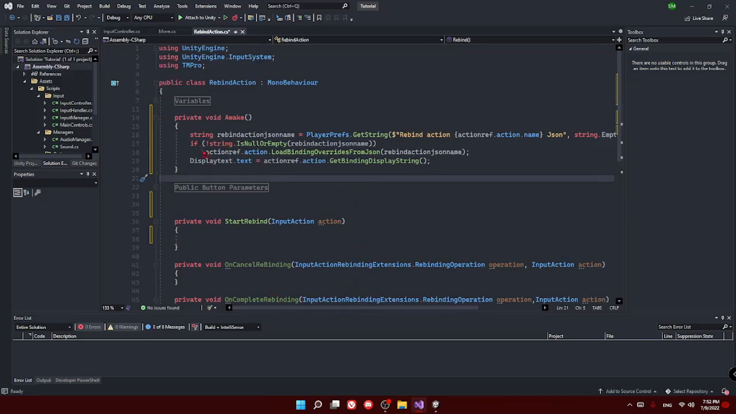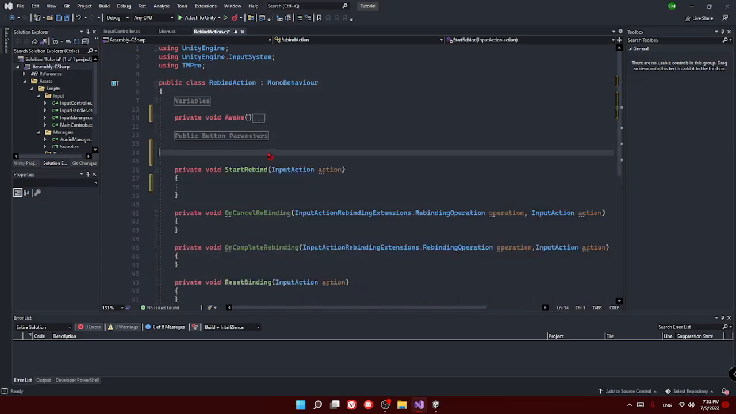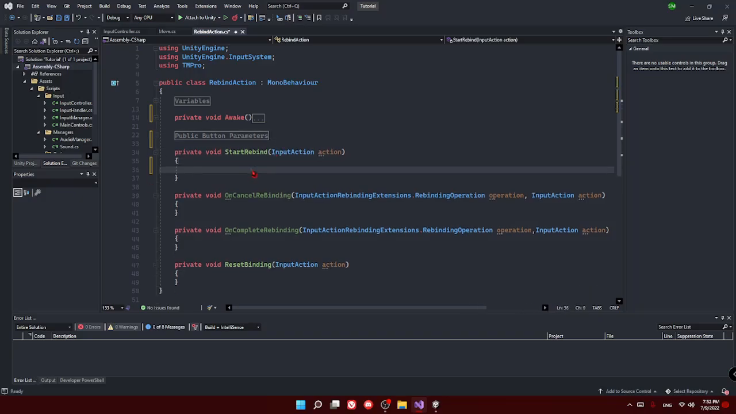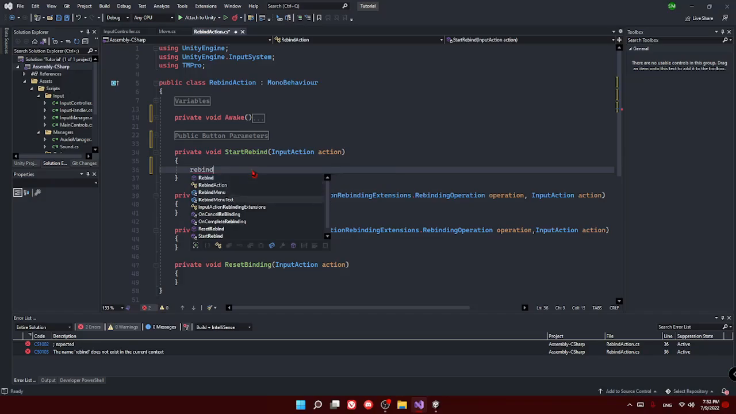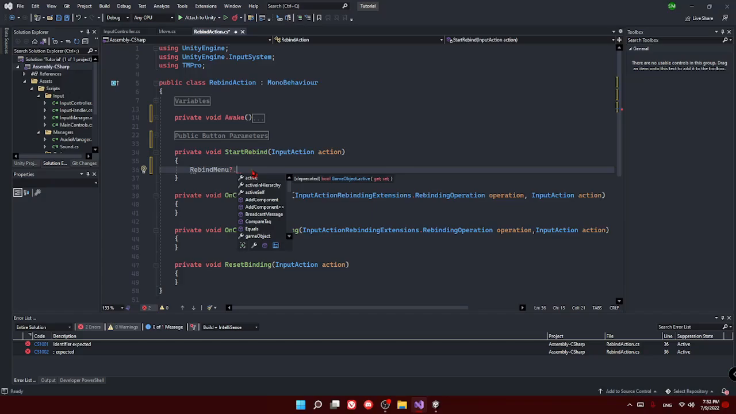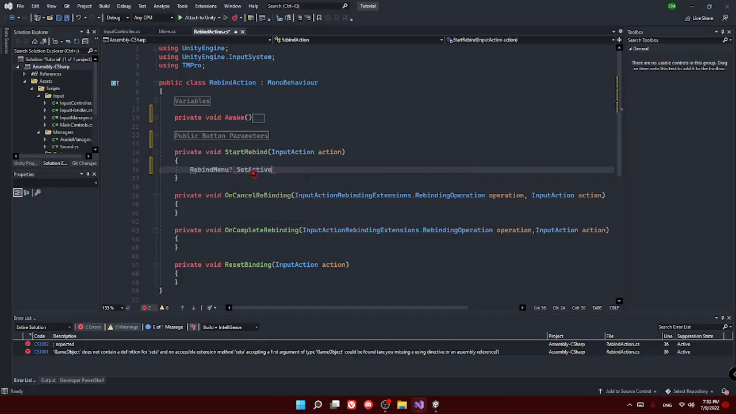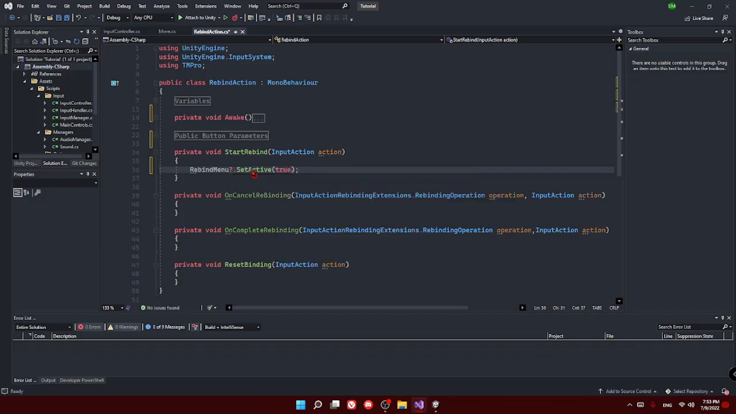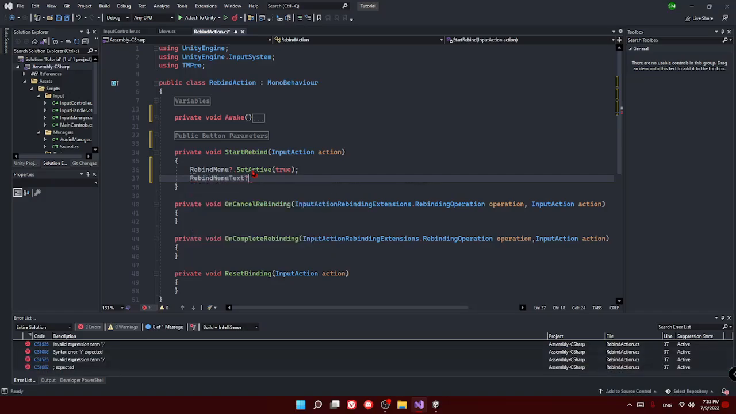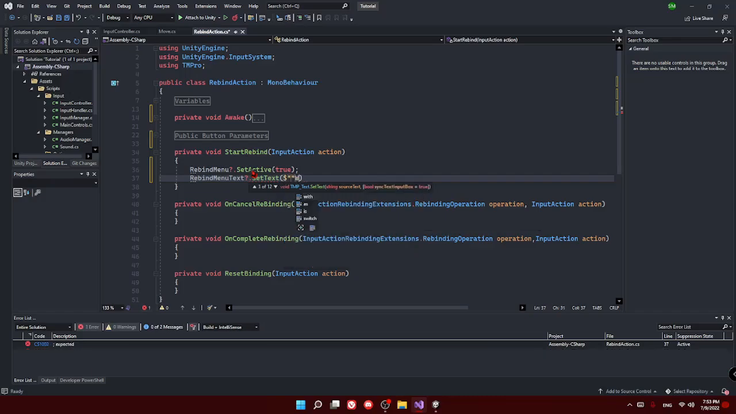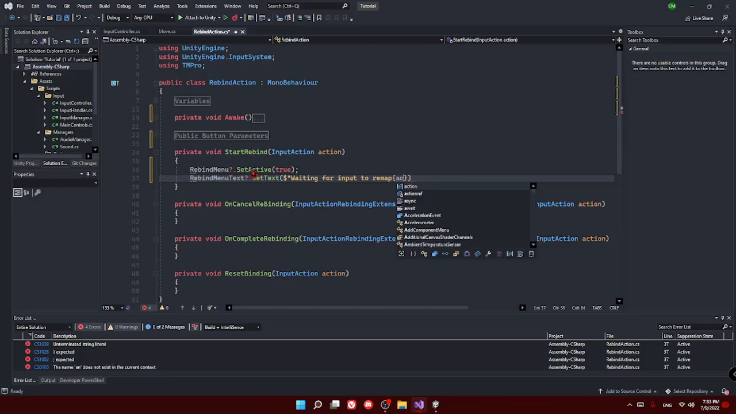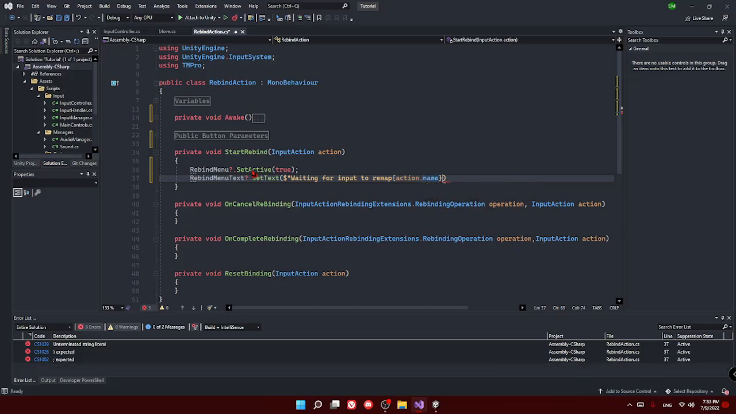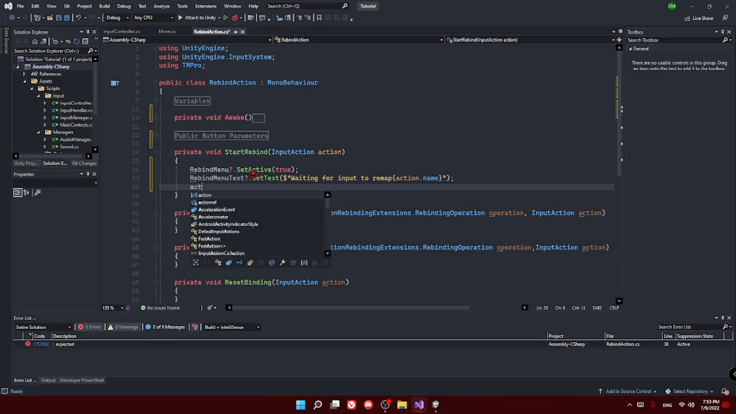Now that we are done with Awake and with public button parameters, for rebinding we first need to check if the rebind menu, which I'm going to add a question mark just in case it's null, .SetActive to true, rebind menu text.SetText "waiting for input to remap" action chain.name, and add a semicolon. Then action.Disable,